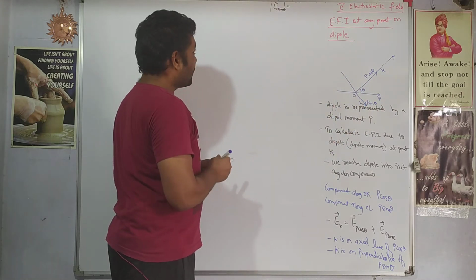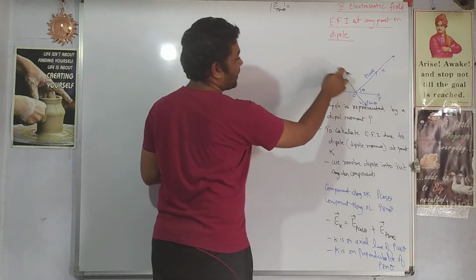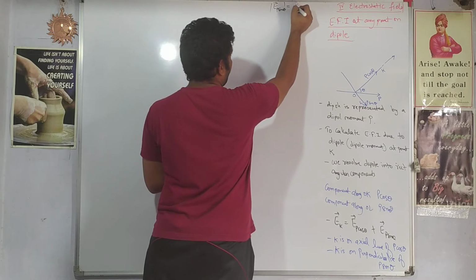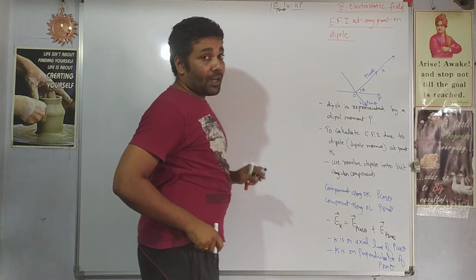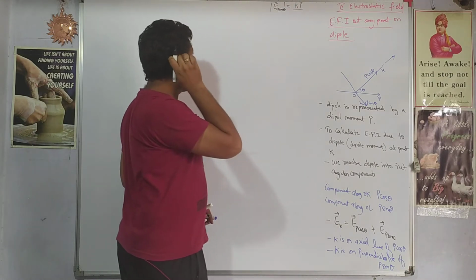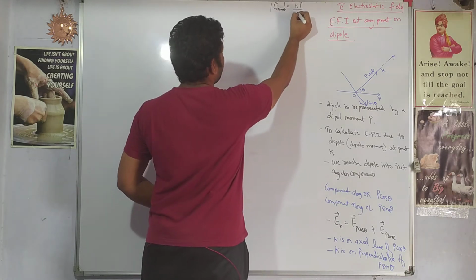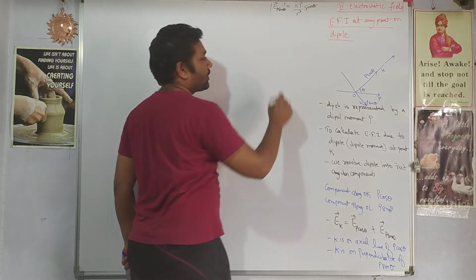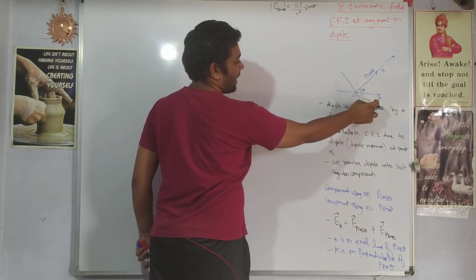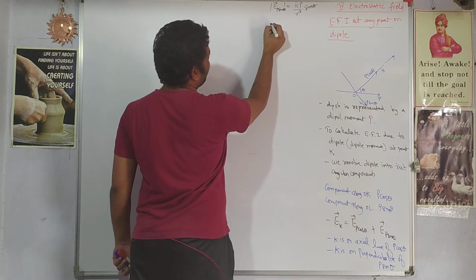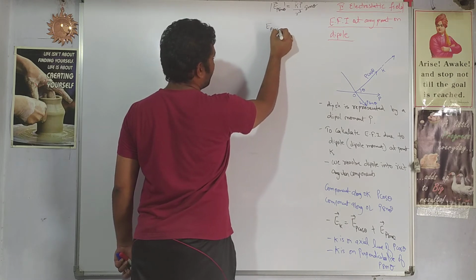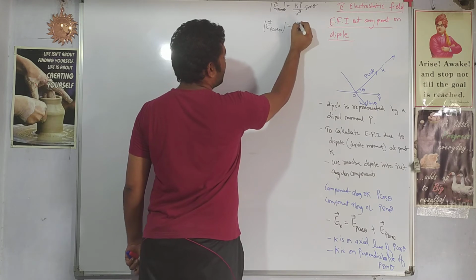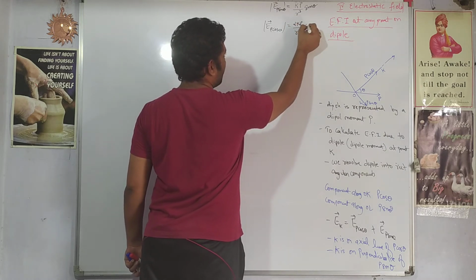So what will be the value of P sin theta? Since it is on the perpendicular line, what is the formula for the perpendicular line? You should remember the formula at least. With every derivation, the formula must be remembered. It will be Kp by R cube and the sin theta term, right? Similarly, what will be the electric field due to the cos component? 2 Kp by R cube cos theta.